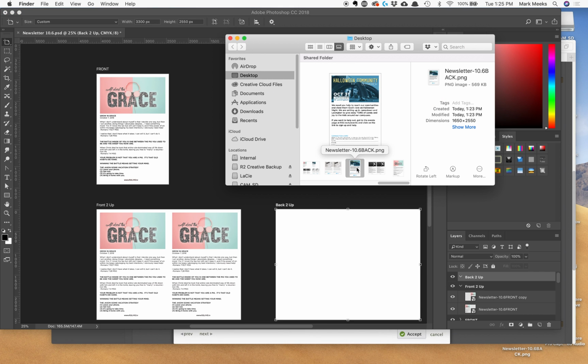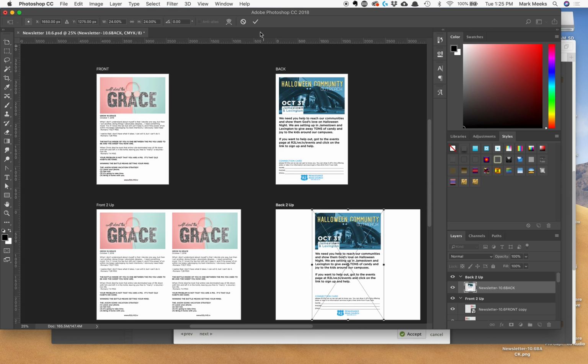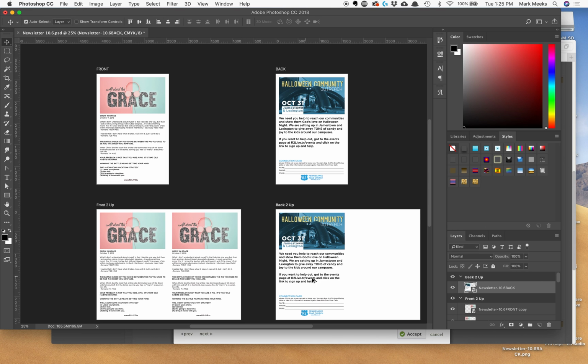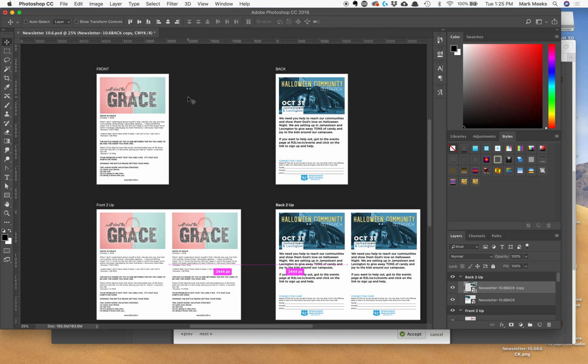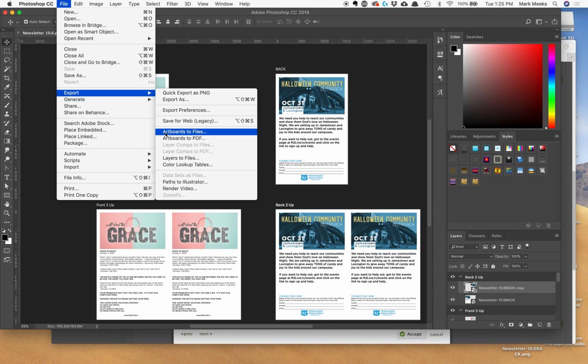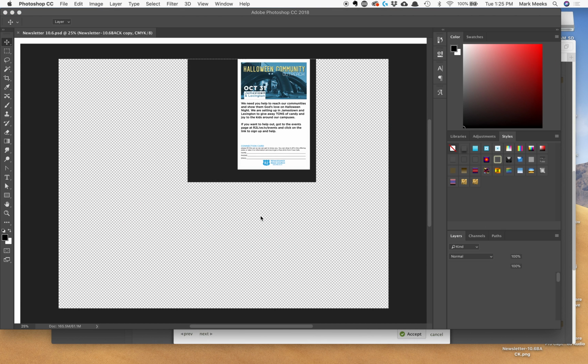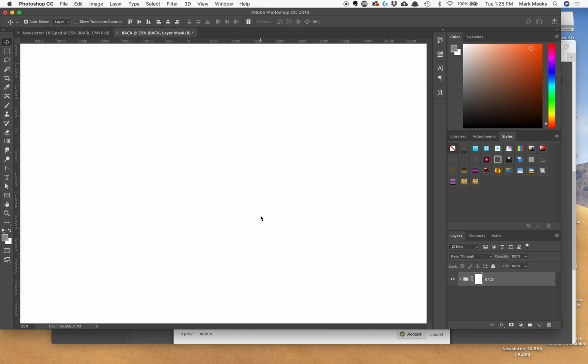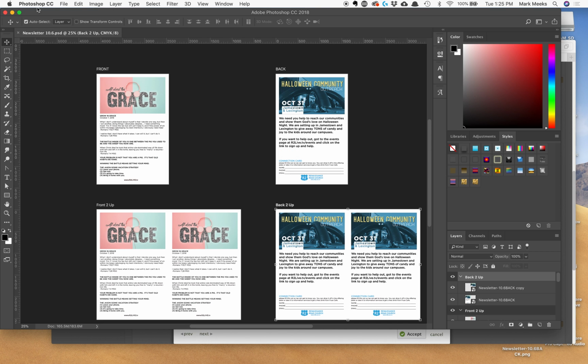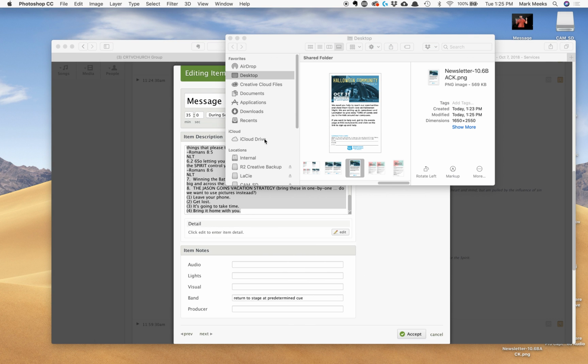Do the same thing with the back. Drop it in. Slam it to the left. Alt drag. Slam it to the right. Boom. Now I'm really done. So now I can file, export my artboards again. Okay. And now if I go back to my desktop,